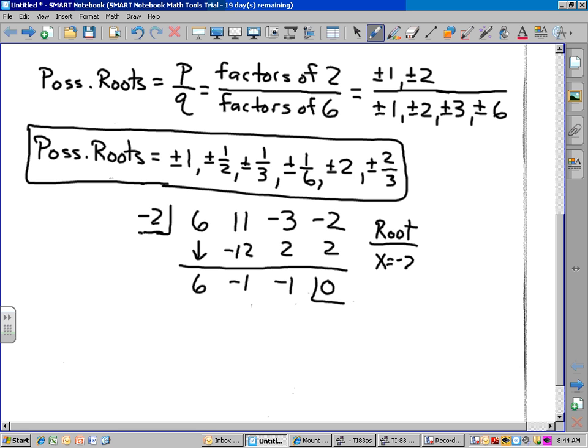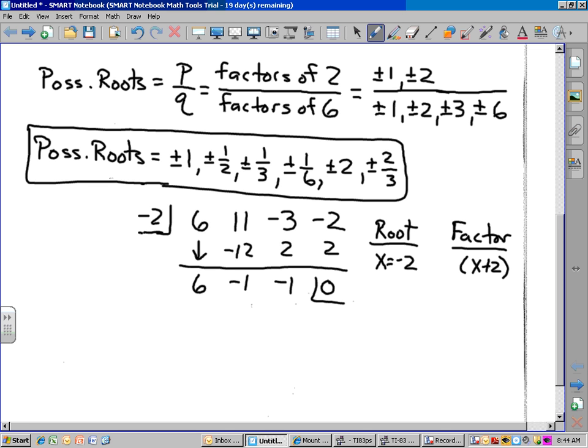X equals -2. We also now know a factor: x plus 2. Every root gives us a factor. We find that by setting the root equal to 0. Get it equal to 0, and get rid of any fractions if we have any. Okay? Get it equal to 0, and